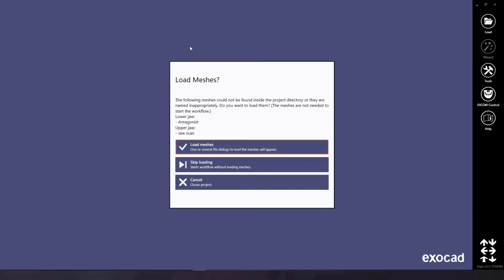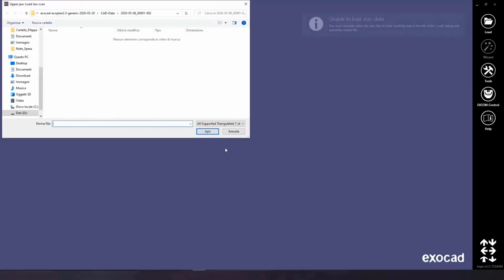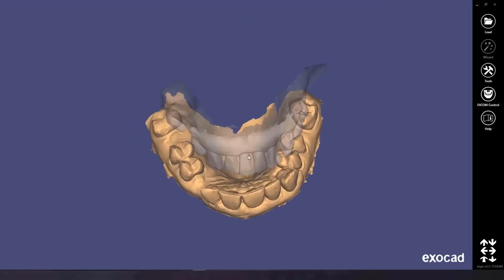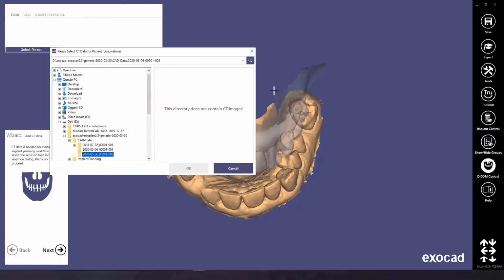First of all, when we launch the implant planning, we have to select and import the meshes that will be the basis of our project. Following the instructions suggested by the software, we will have to import at first the STL file of master jaw, then after that the antagonist, as suggested here, and in a third step, after the import of the STL,